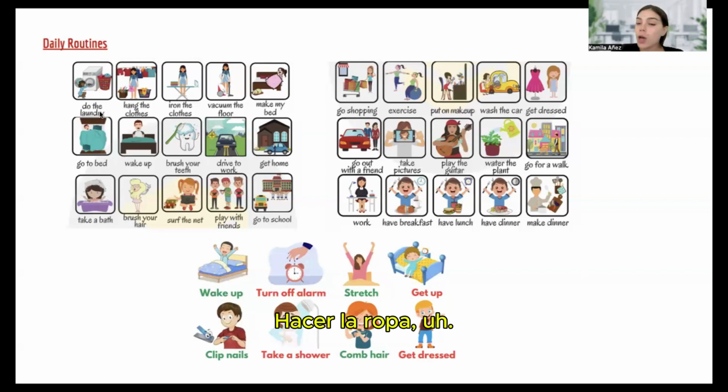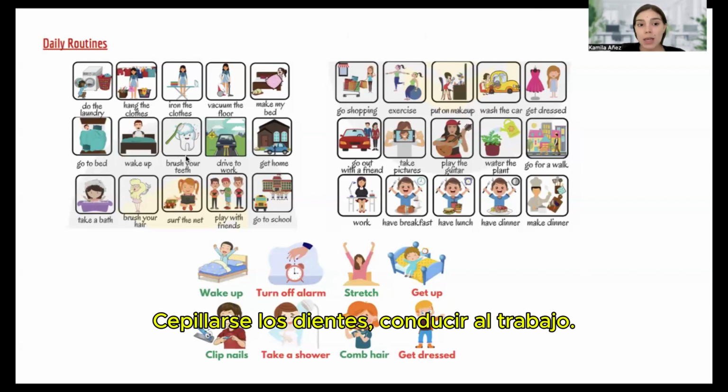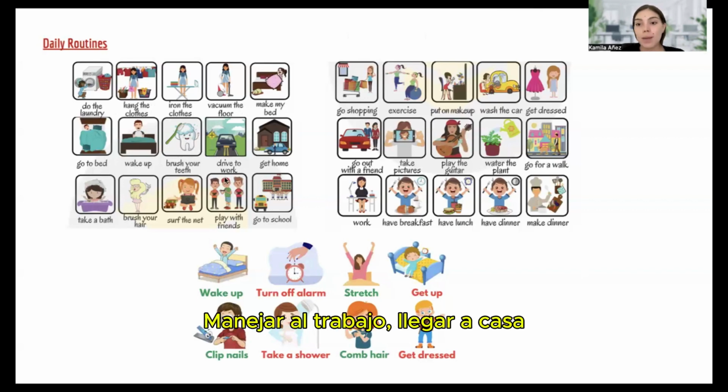We are going to see do the laundry, lavar ropa, hang the clothes, tender la ropa, iron the clothes, planchar la ropa, vacuum the floor, limpiar el piso, make my bed, acomodar mi cama, go to bed, ir a la cama, wake up, levantarse, brush your teeth, cepillarse los dientes, drive to work, manejar al trabajo, get home, llegar a casa, take a bath, tomar un baño, brush your hair, peinar nuestro cabello, surf the net,